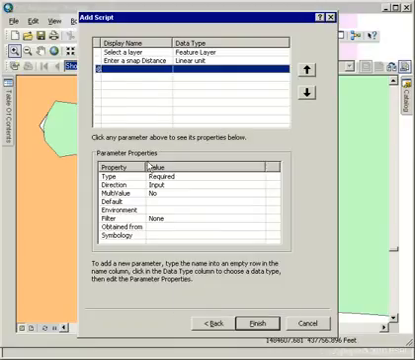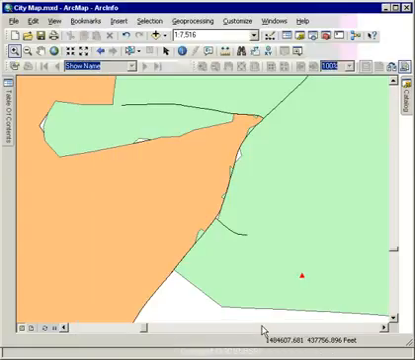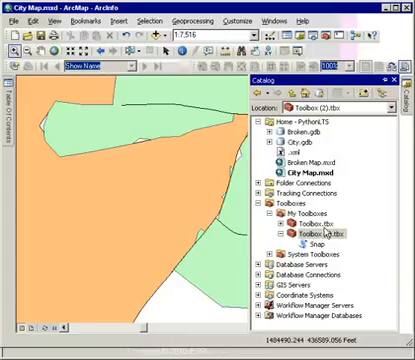You'll see that there's a number of properties down here I can also set. I'm just going to default all those. I'm going to finish. If I go back to our catalog, you will see it has now created a snapping tool, added it to my toolbox. Again, it looks and acts just like any other tool does. If I were to double click this tool,